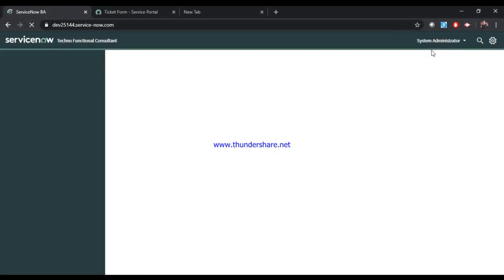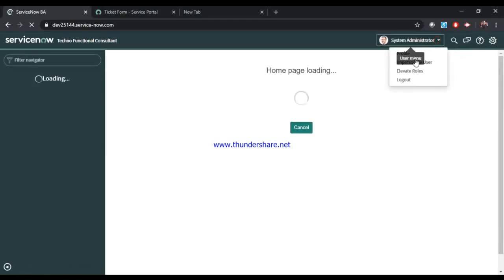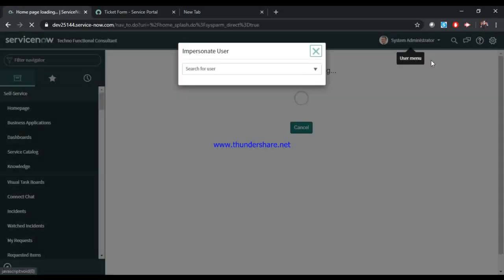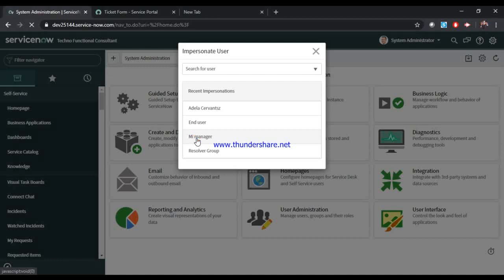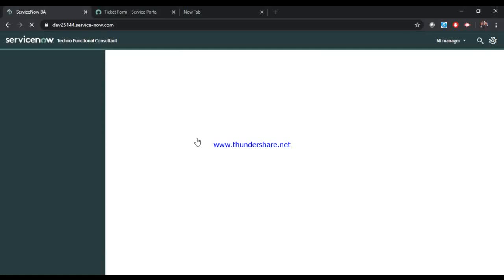So I'll end the impersonation now, and go back and log in as a major incident manager. I'll impersonate as a major incident manager. My manager is one of the users I created here who has the role of major incident manager in my instance at this point of time.